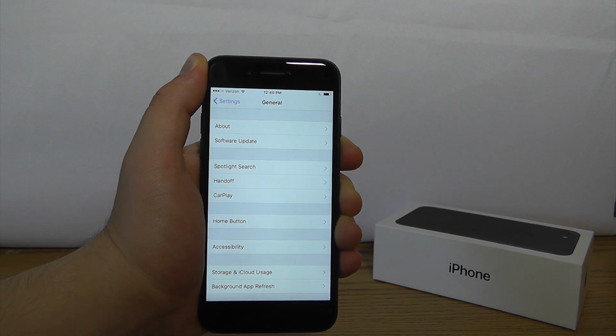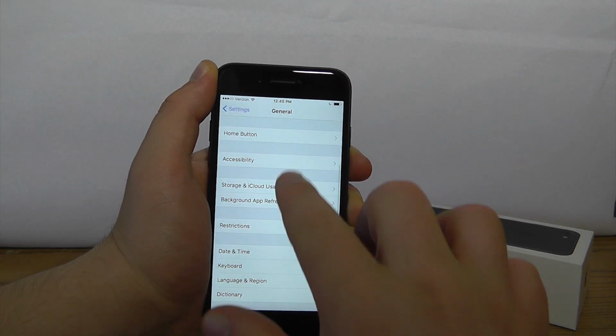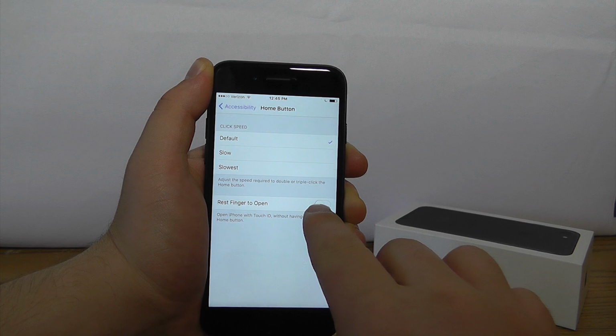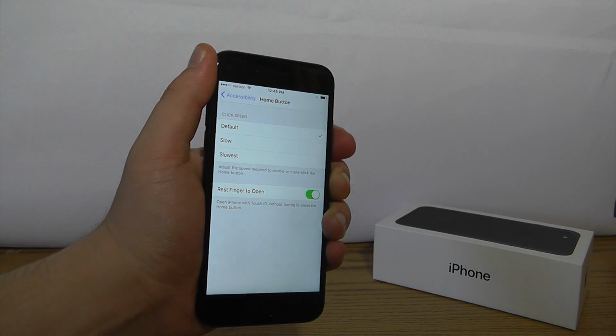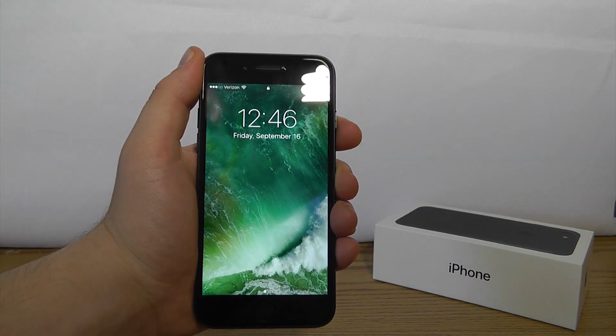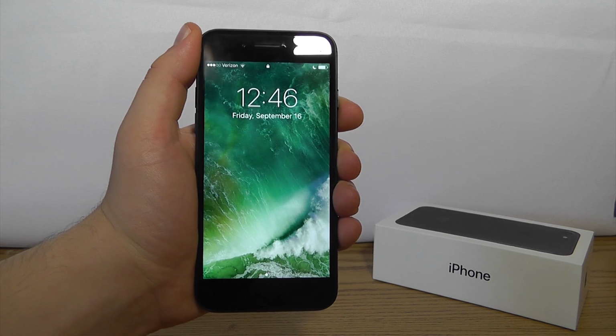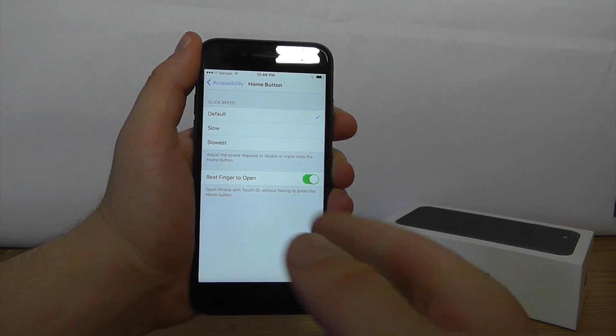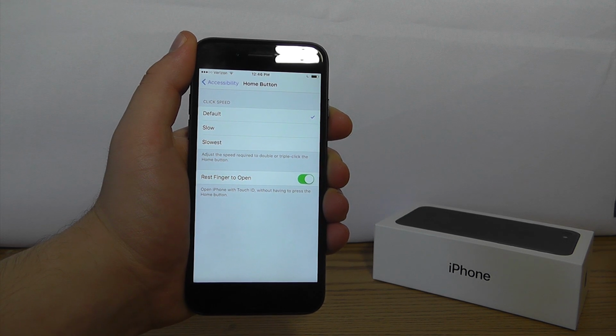So go into Settings, go to General, scroll down to Accessibility, and then scroll down from there to Home button, and then choose Rest Finger to open. Now what you can do on the home screen is instead of having to fully click on the Home button, all you have to do is rest your thumb for Touch ID, and it'll unlock your phone automatically, just like